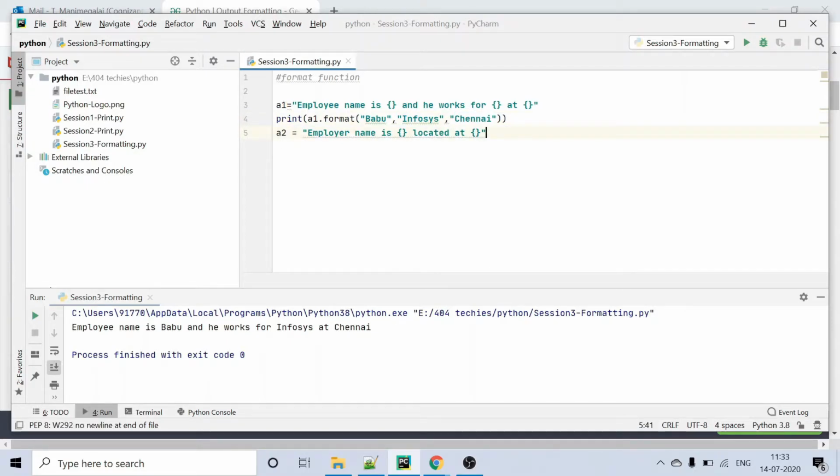Let's see how we do it. Babu is for the 0th index and Infosys for the first index and Chennai for the second index. So I would be placing the first index here and then second index here.